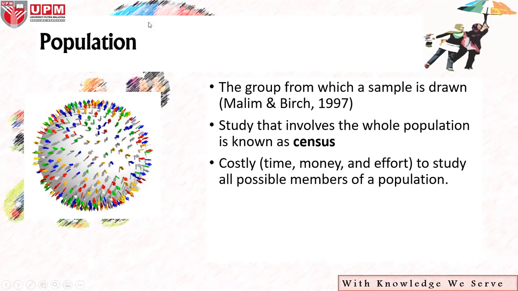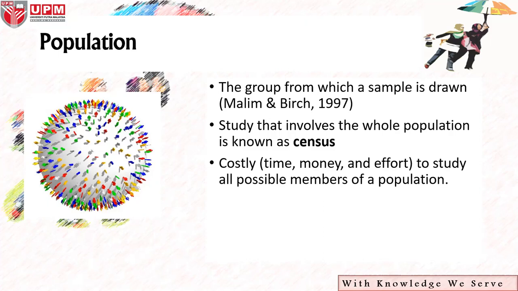For example, kalau kajian tadi, the second example that I gave, if the organization only consists of 100 employees, which is the population, the capital letter N, the number of N dia adalah equals to 100. Okay, to me it is applicable lah to collect the data by involving all the members within the population. But what happens if you are interested to study teachers, secondary school teachers in Malaysia or even in Selangor, secondary school teachers in Selangor. So how many secondary school teachers are there in Selangor?